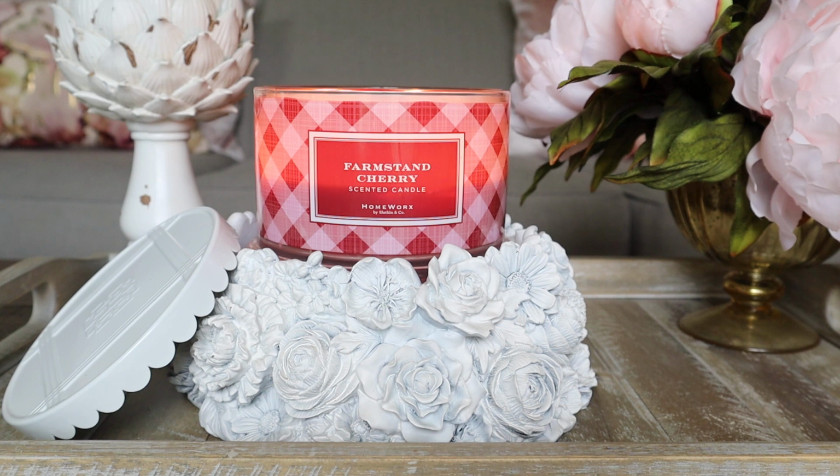And I have to admit that even this Farmstand cherry here from HomeWorx is not necessarily the most authentic Rainier cherry or Bing cherry scent, Merlot cherry, if you will, or something like that. It's a little bit more of a candied take on cherry. It does not come across as that gross medicinal cherry scent that I remember,